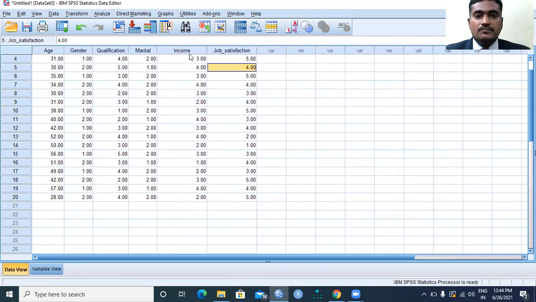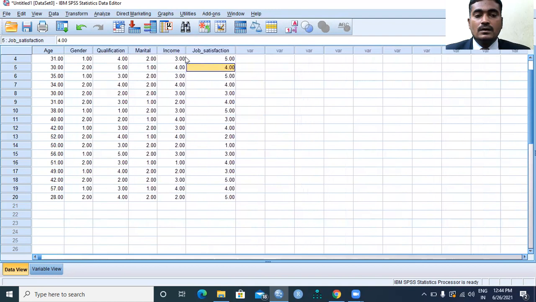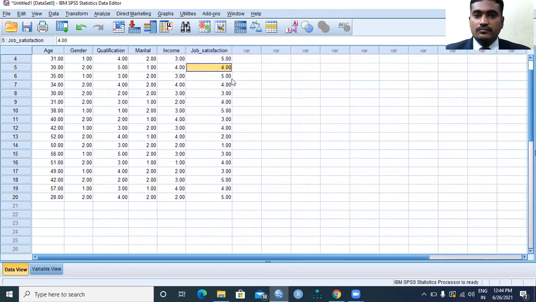Now here, if you want to view the data value labels, you can see an option here, a tree kind of option, 1 and A. 1 stands for the numeric view, and A stands for the character view.